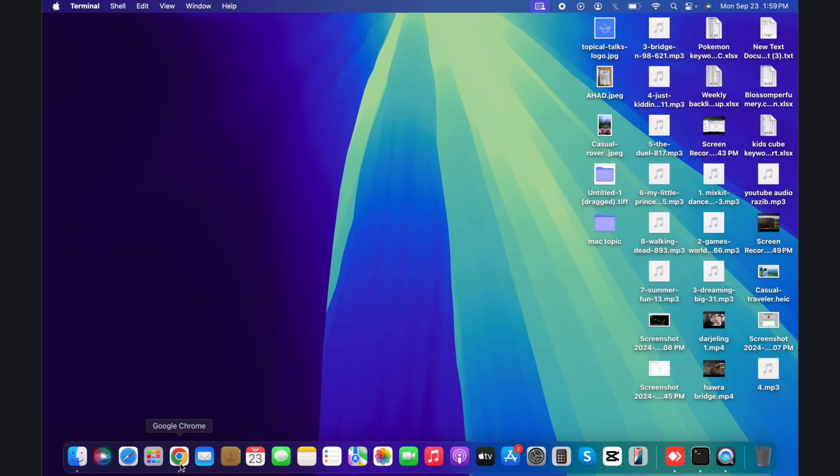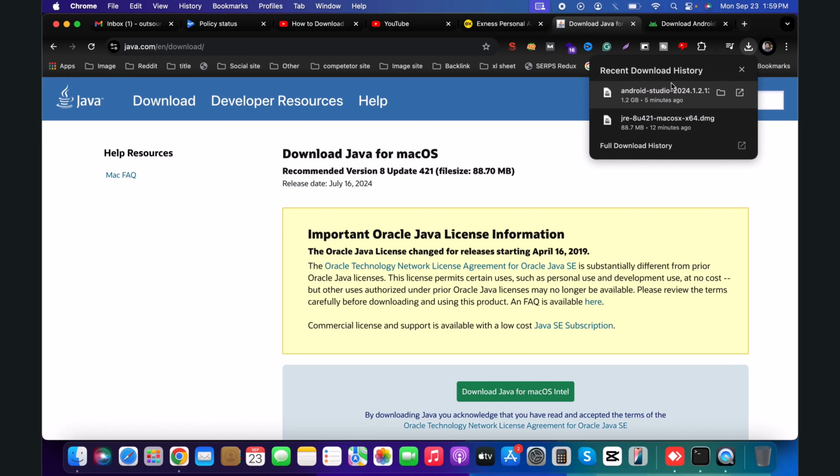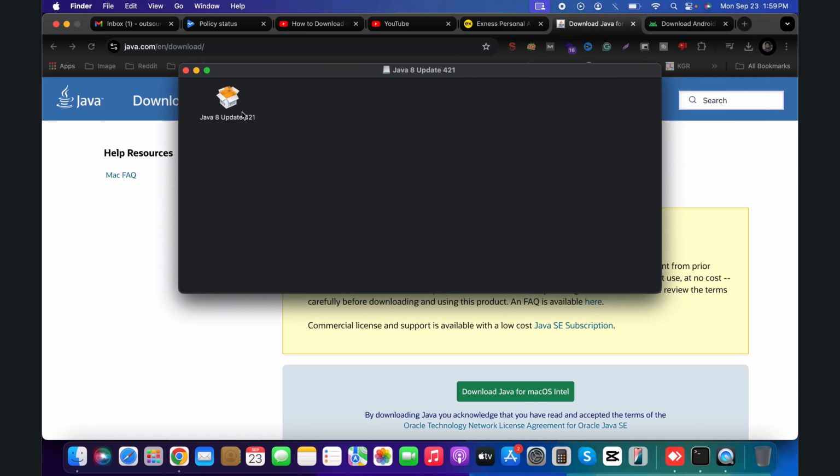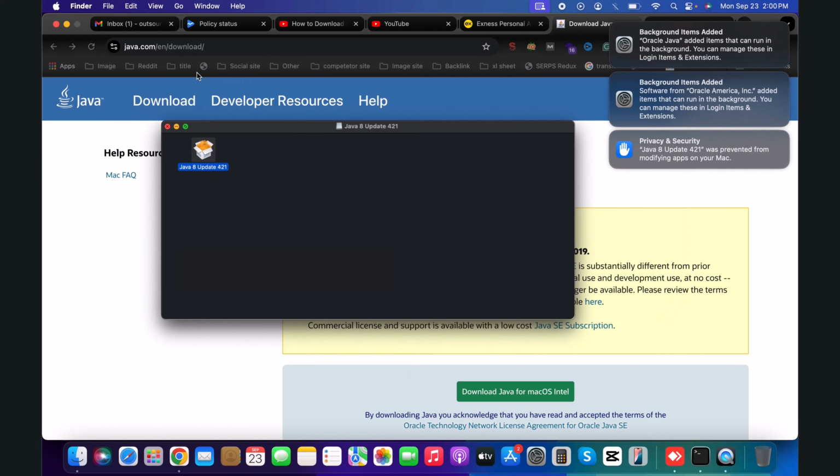For that, you need to download and install Java on your macOS. I will give this link in my description. Once done, you just have to install it. I am installing it, and once done, press close. Now go back to the